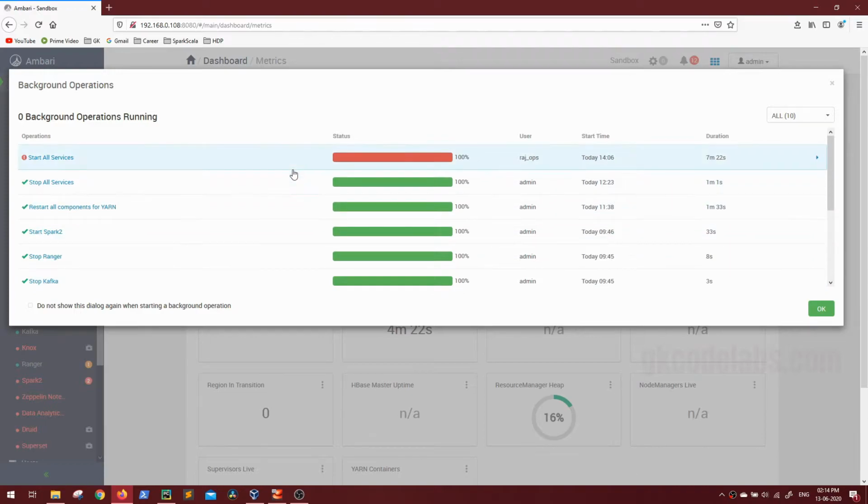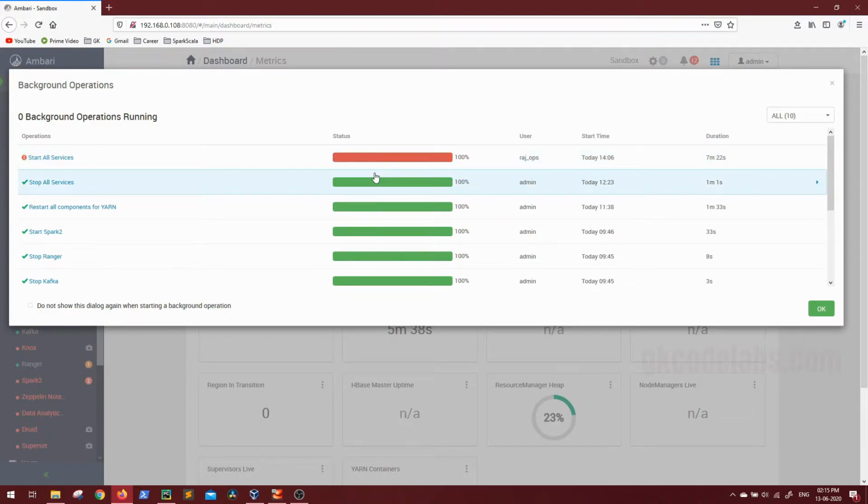So you can see we did get some kind of red warning. This might happen because Ambari tries to start all the services on your machine, but in case there are some resource issues or some errors, a few services will start, a few will skip. So this is not important. We are not going to debug those infrastructure related errors, because that usually happens when we are running the environment on local, because there are fewer resources.